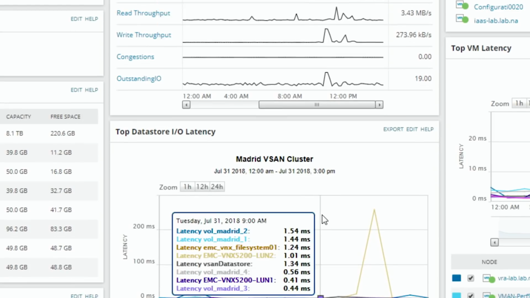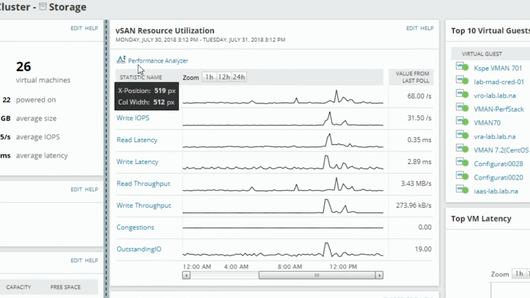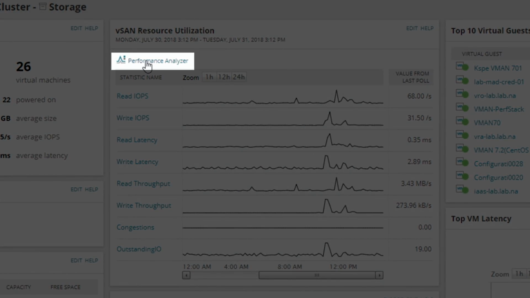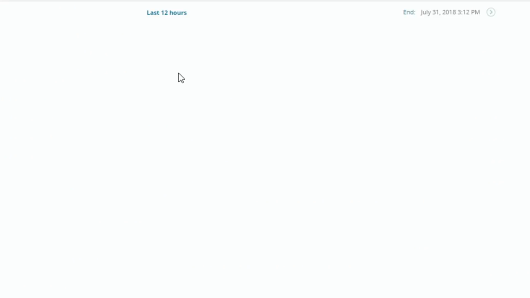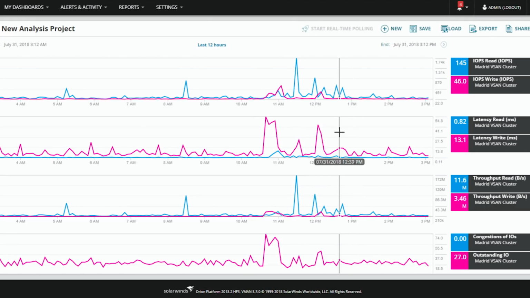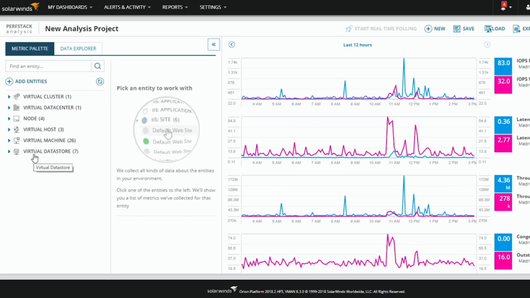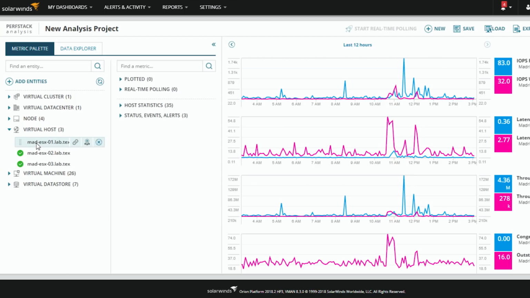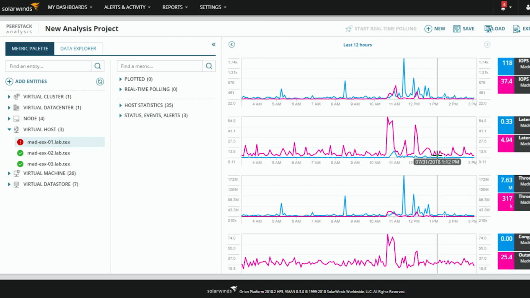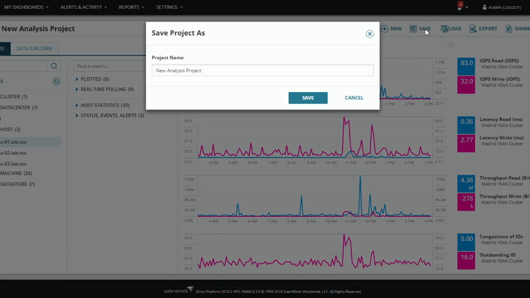And what's also nice about this is I did mention that vSAN is integrated into AppStack. Well, this is also integrated into Performance Analyzer. And so if you click here on this hyperlink, you can see that we're going to preload a Performance Analyzer project for you. So this just gets you started with a template right away with important vSAN information. You can open this up. You can see that we have all the relationships of everything that's applicable and related to this vSAN. It's a simple matter of just opening up, clicking on some statistics, putting it alongside, and you're off to the races. What's even nicer is that you can save something like this as a